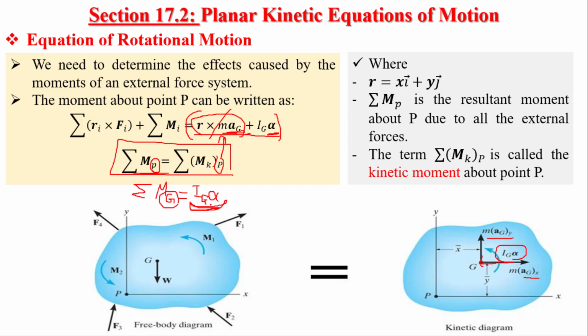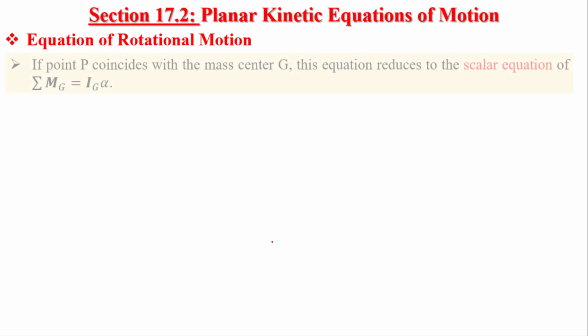Why don't we have moment due to m a_G cross product r? Of course, because there is no r here. r passes through G, because always, once we draw the acceleration, we start from point G, from the centroid. So here is the question, here is the answer. If point B,